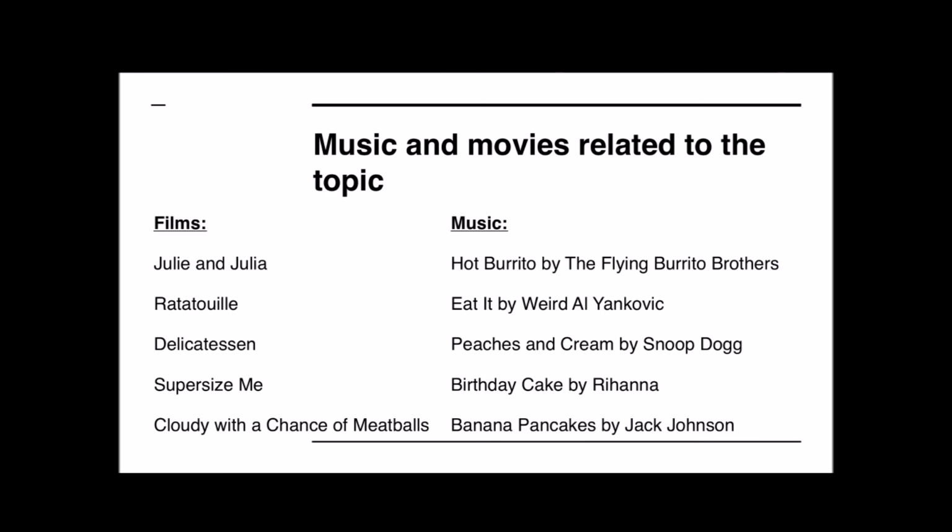Now we're going to talk about music and movies related to the topic. So the topic is about food, and so I chose some movies that you can look at which are about food and some songs, okay? So the first movie is a movie called Julie and Julia. This is a very nice movie with a famous actress, and I forgot her name, but anyway, it's a true